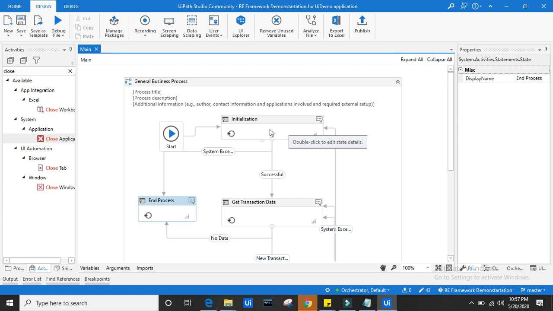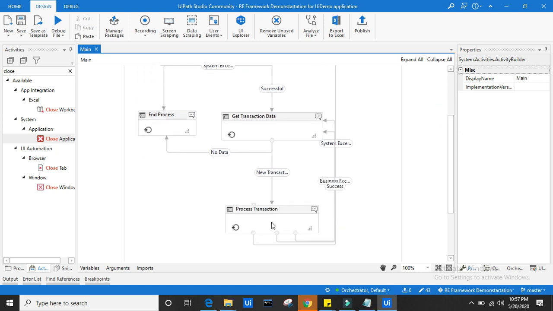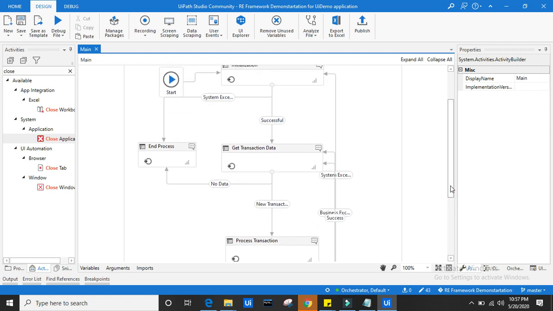The process transaction is very simple, there is not much theory behind that. In process transaction you can write your own workflow. In get transaction data, this is very important: what condition you should put.